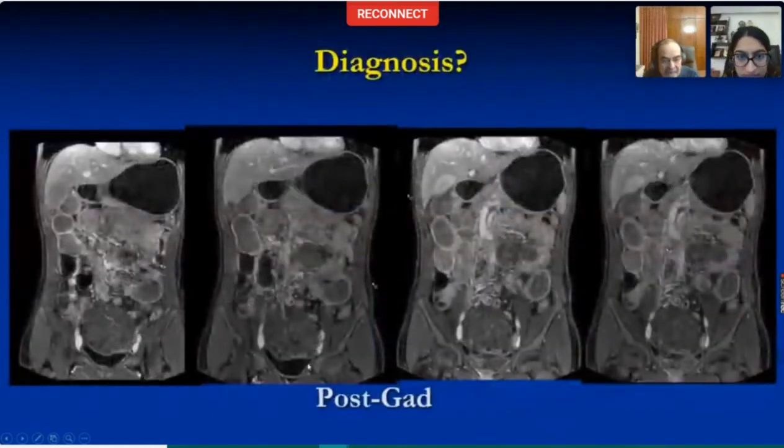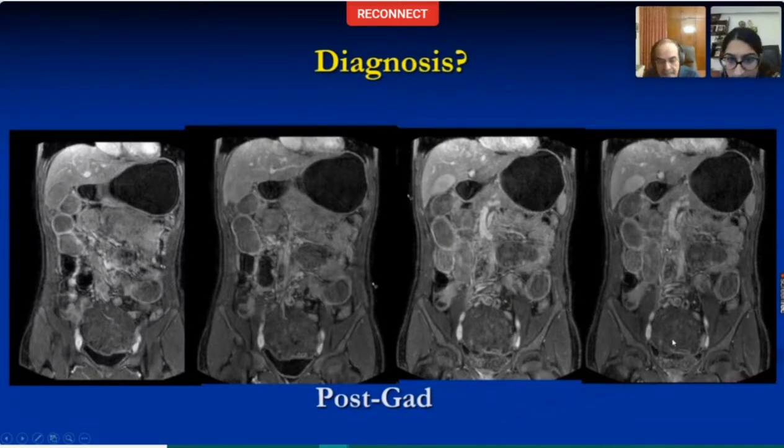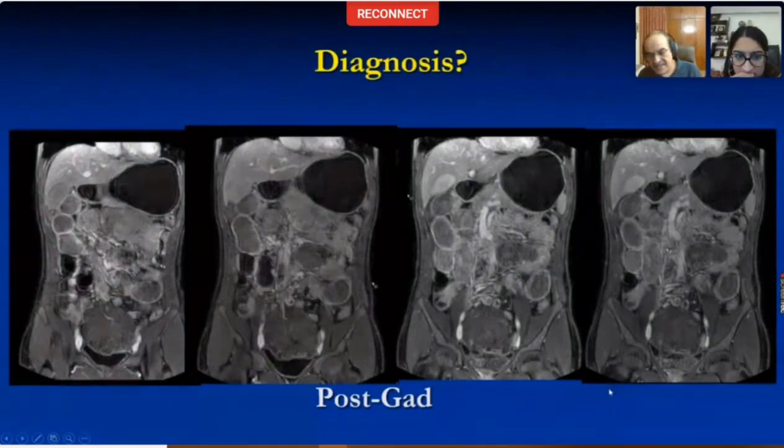And post-GAD, it was not showing much. It was not showing any enhancement at all, right? These are post-GAD images. The lesion was not enhancing, and on T2 had shown at least a peripheral arrangement of cysts. Any thoughts on what this is? So this is a male patient? Sir, is this a male patient? Yes, a male patient. Okay. So intraperitoneal mass with some peripheral cystic areas.